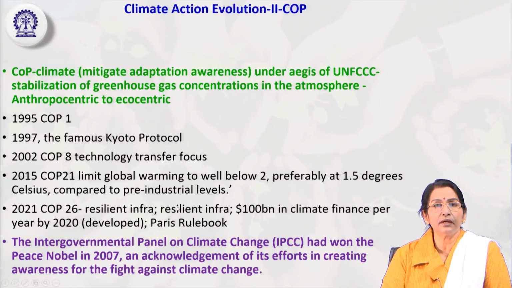These are the data given by the different survey reports, and 2021 COP26 talks about resilient infrastructure and 100 billion in climate finance per year. Starting from the Paris rulebook,